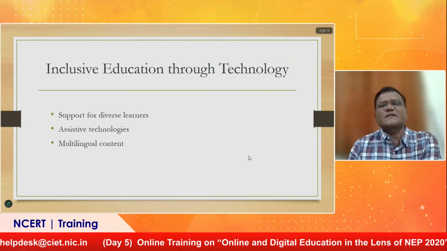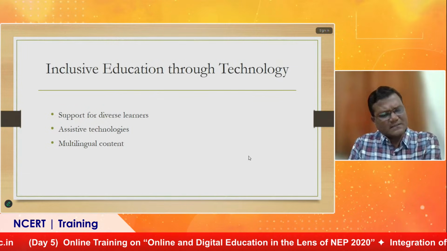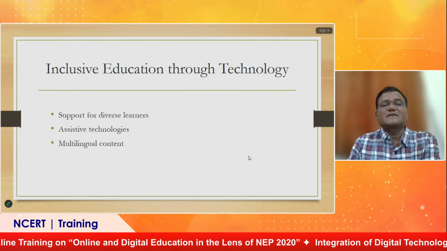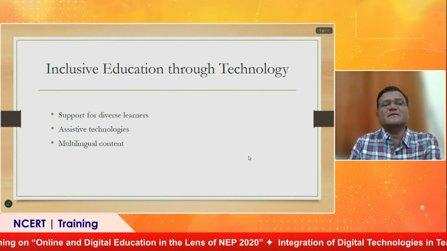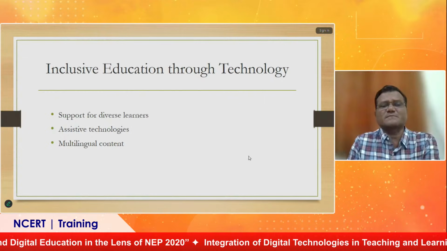Inclusive education through technology. Technology always supports diverse learners, especially differently abled students.